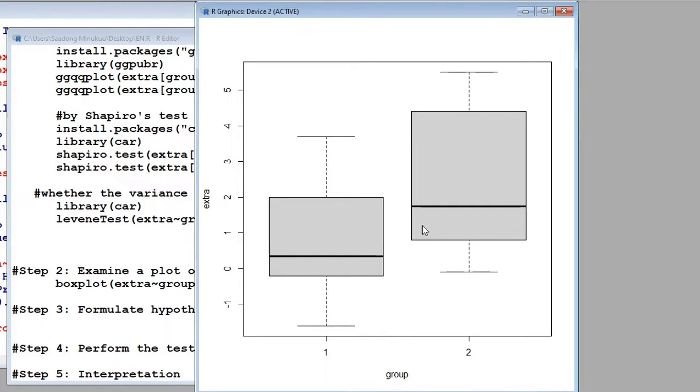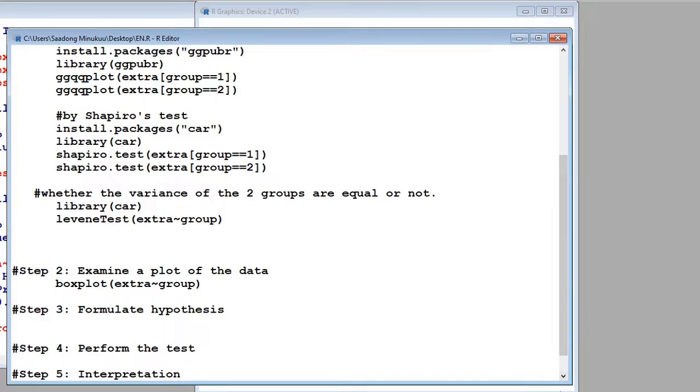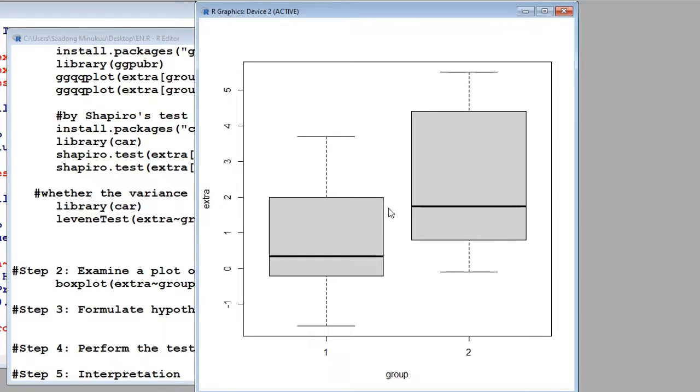Based on the box plot, we can see clearly that what that means is that the group of people that took soporific drug 2 actually have higher extra hours of sleep compared to the group of people that took drug 1. So you see that drug 2 has higher extra hours of sleep. That's why the median is around 2, whereas the median for group 1 is around